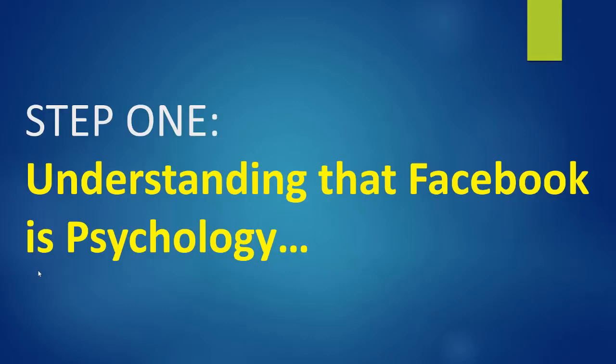Okay? Understand that Facebook is a platform where they get to see human behavioral psychology on social networks. It's all about psychology. And in what we do, I'm going to recommend that you get this book because it was made for Facebook marketing. The old book, over 100 years old, by Dale Carnegie, How to Win Friends and Influence People.